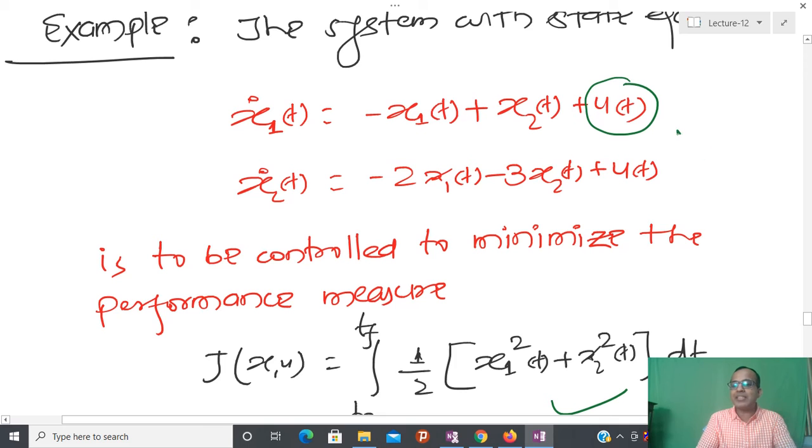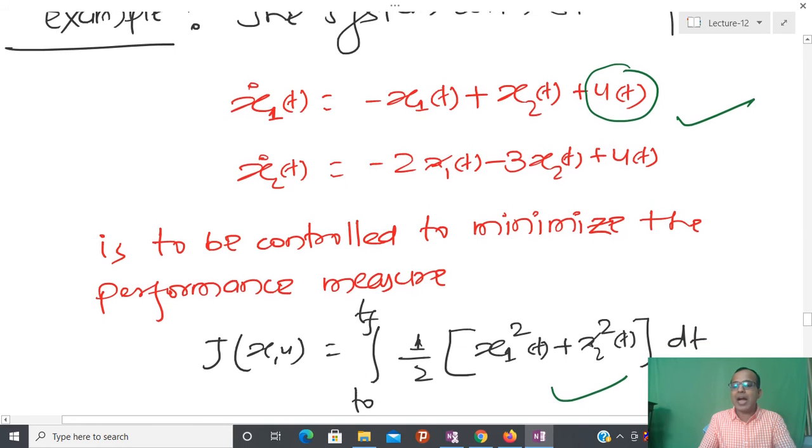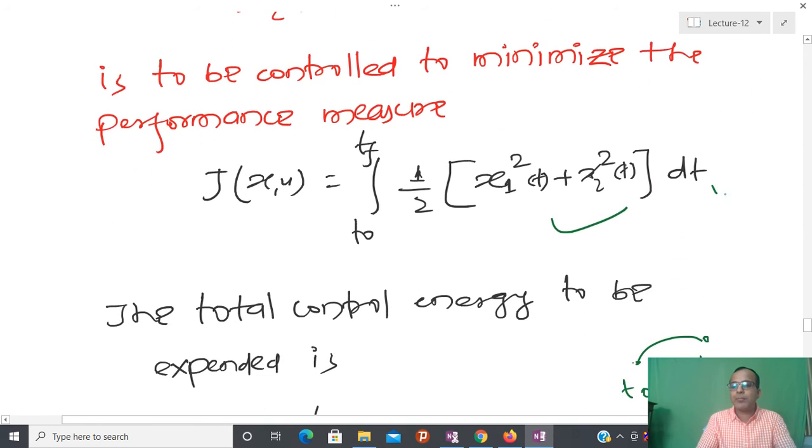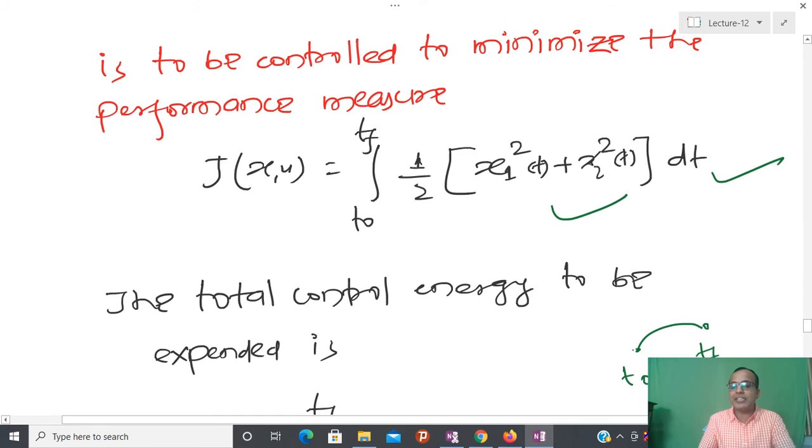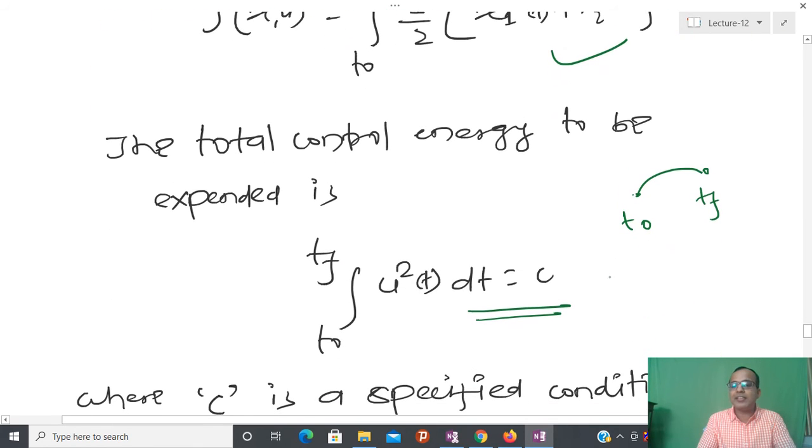So I have a differential equation constraint, I have some kind of functional, and I have an integral or isoperimetric constraint. So I have two constraints whenever I have a control problem. One constraint is the differential constraint, another is the isoperimetric constraint, and after that I have to optimize some functional.